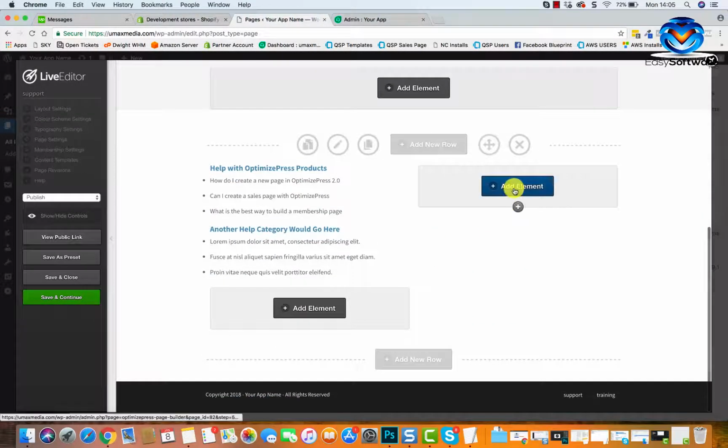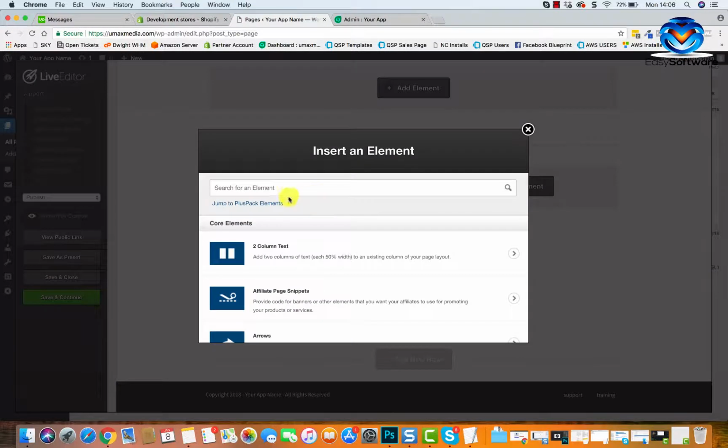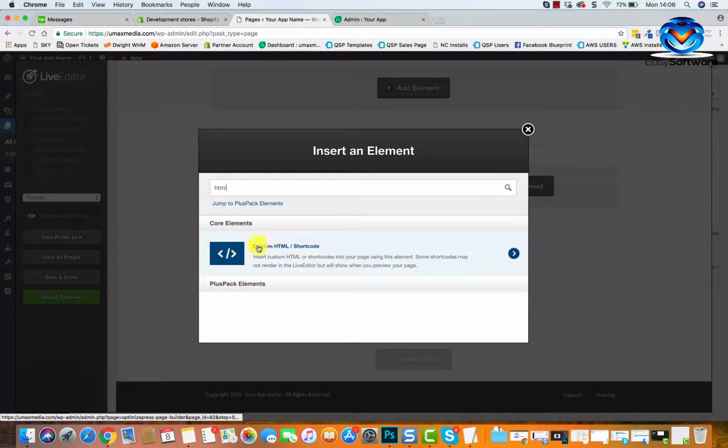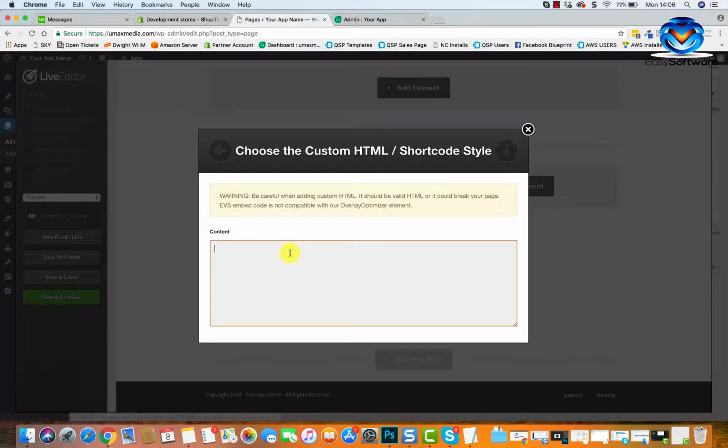And then here, let's add an element here. And what we're going to choose is HTML, custom shortcode HTML. Just click that. Click in here. Remember, we copied the shortcode for the form, so we're going to go ahead and paste that. What I'm going to do as well is I'm just going to put in